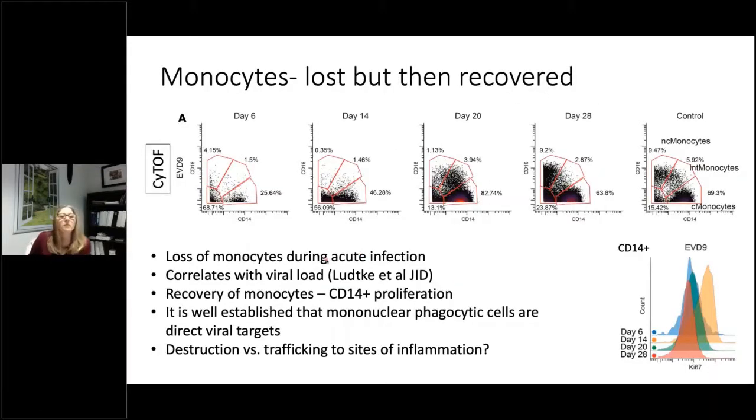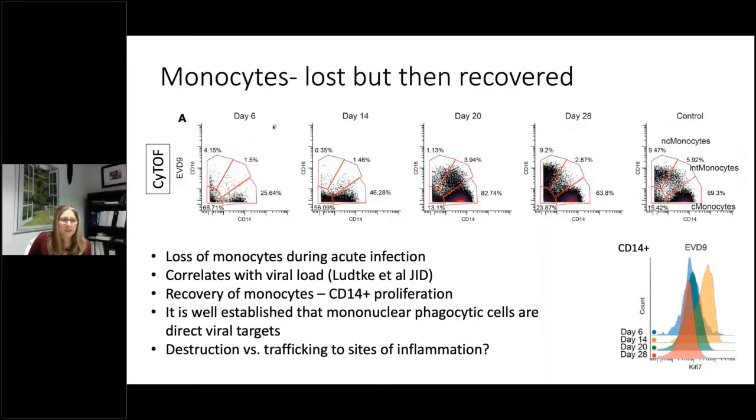And so I'm showing you the monocyte data for that patient EBD9. You're going to see plots like this several times. Anytime I show you this data, I'm going to show you a control. So on the far right, you're looking at the same cell populations that you might see in a normal healthy control. In EBD9, we saw almost a complete loss of all of the monocyte populations here at the very earliest